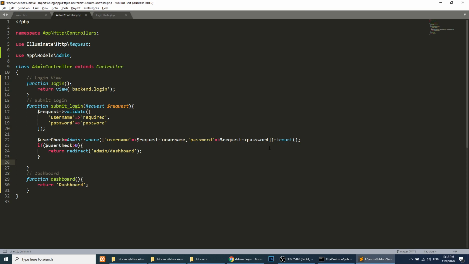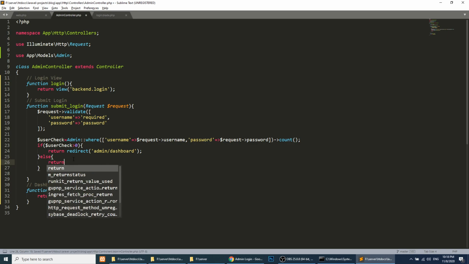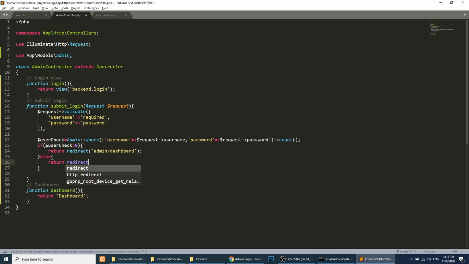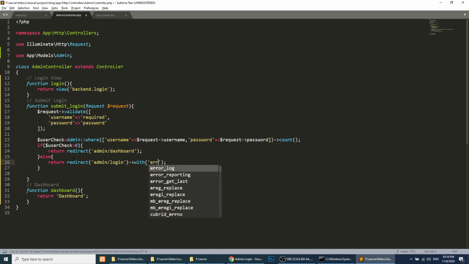So after that, if the username and password exist, then the count will be greater than 0, and it will automatically redirect to the dashboard. Else, we will return a redirect to the admin login, but with a message. So what message will we show? Invalid